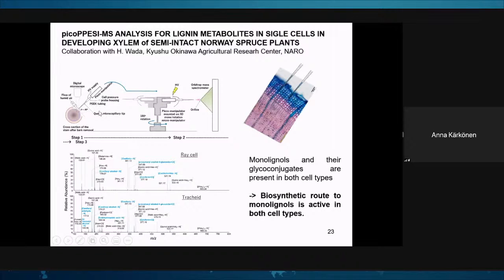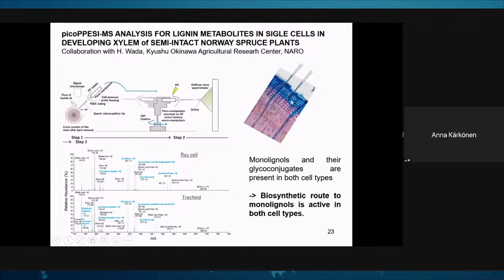And by using a stereo microscope, Yuto Hatayakema, Hiroshi's postdoc, was able to inject. This is a graphical view of what happened. In developing xylem, he injected this capillary into a ray cell and took out the content of this cell. And this machine was turning around, and then there was a mass spectrometry here. So the needle immediately injected the sample here, and the machine analyzed what are the metabolites in